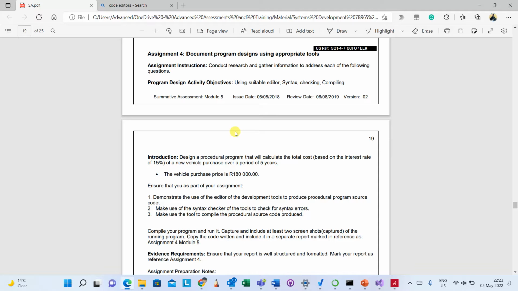Are you able to use a code editor? Are you able to follow Python syntax? Are you able to debug? Are you able to pick up any mistakes as you are typing your code and then compiling your code once you're done? Okay, introduction: design a procedural program that will calculate the total cost based on the interest rate of